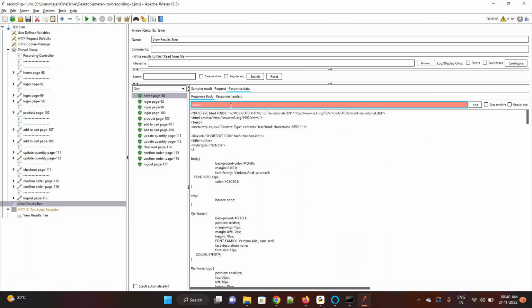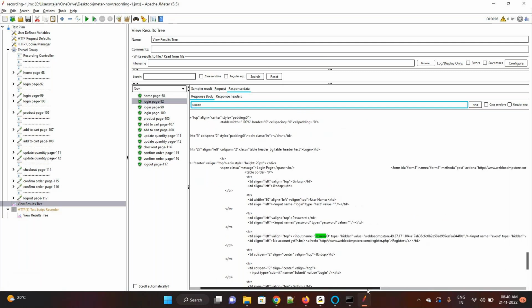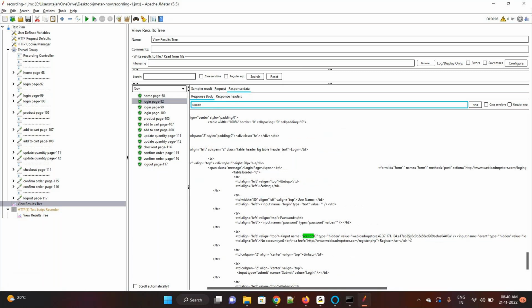No, right? Okay. How many pages do we have now? Only login with 92. If in the login with 92 also we don't find it, then there is something wrong. Either we did not record properly, or the application deals with this login in a different way. Okay. Let's search here. See, we got the session ID here. See, now what is there? It is 0440A. And what we are sending